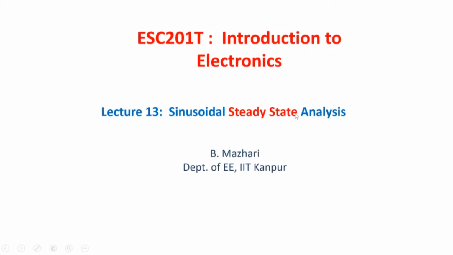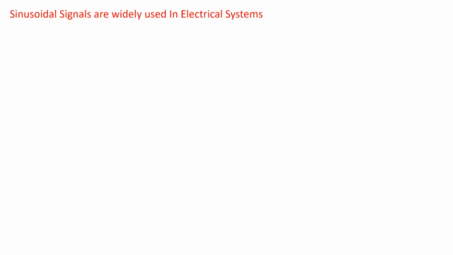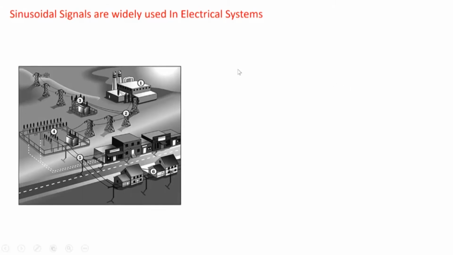analysis. So sinusoidal signals are, besides their usefulness in understanding and characterizing electrical systems, also widely present in many electrical systems. For example, we are all familiar that the power that we get at our outlet is a sinusoidal signal. It's generated at a power plant and then through transmission lines and step down transformers is brought to our homes. So that power is